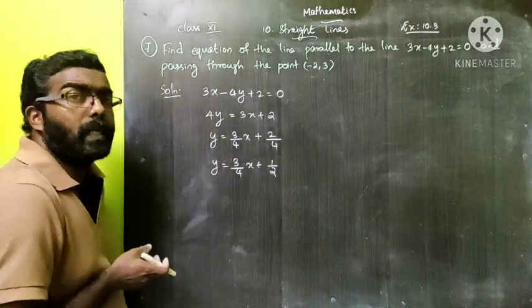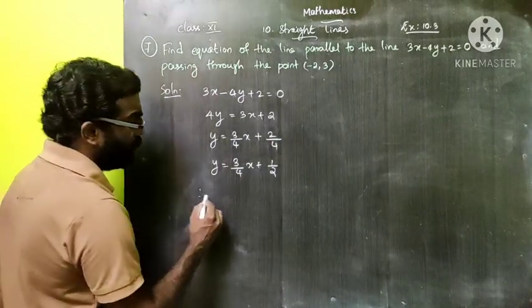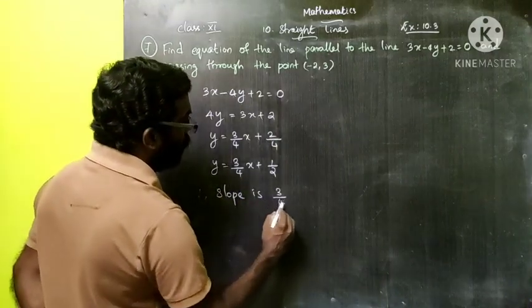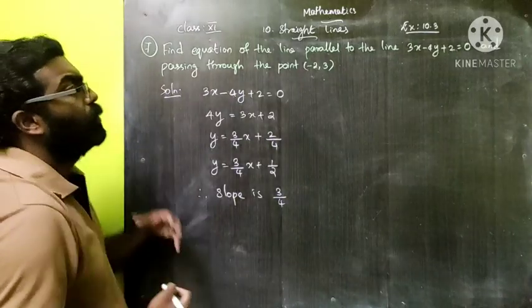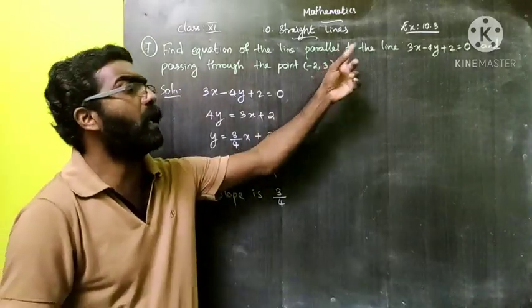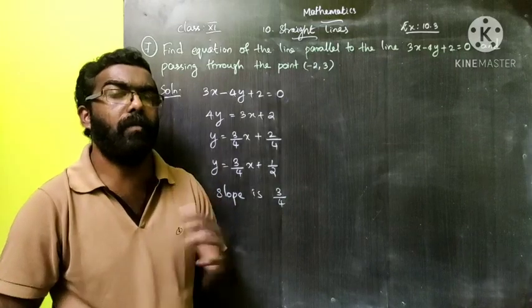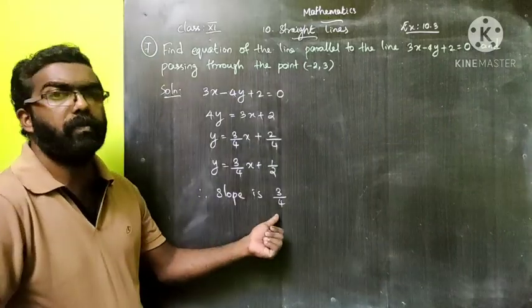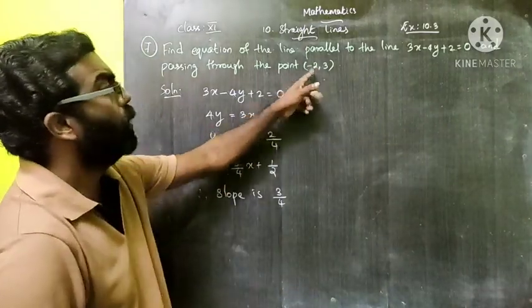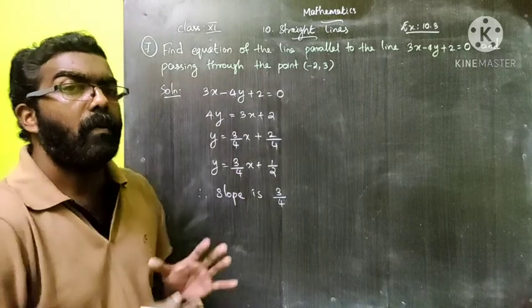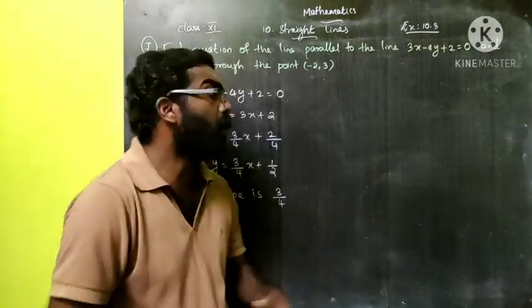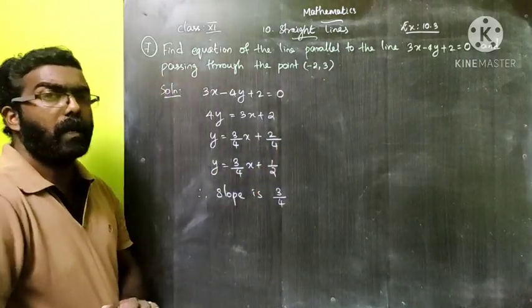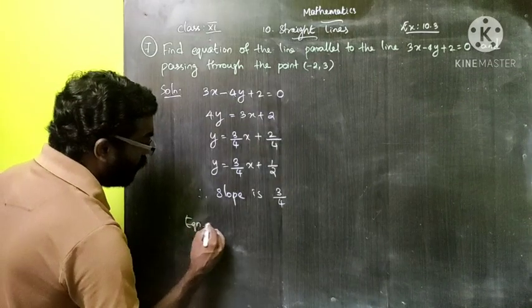Now it is of the form y is equal to mx plus c. Therefore the slope is 3 by 4. We have to find the equation of the line which is parallel to the line. Okay, parallel means slopes are equal. So the required line has the same slope 3 by 4 and passes through the point minus 2 comma 3. That means we have to write the equation of a line passing through the point minus 2 comma 3 with the slope 3 by 4. Okay. So the equation of a line